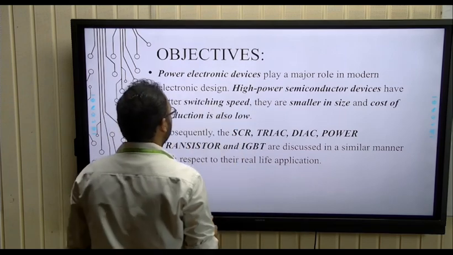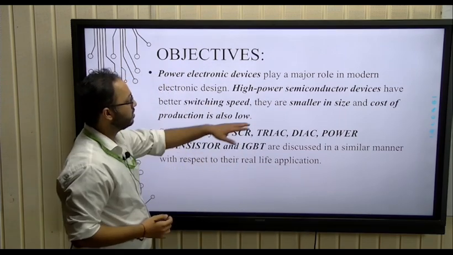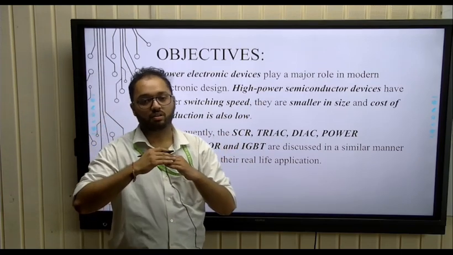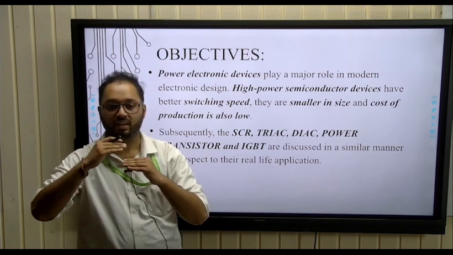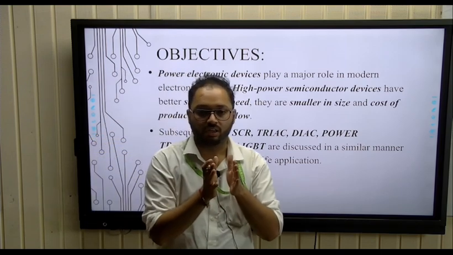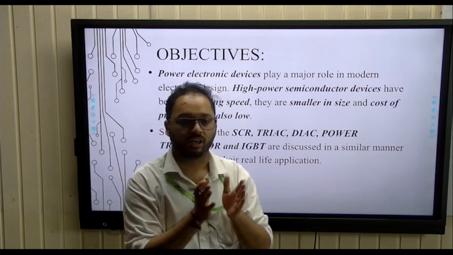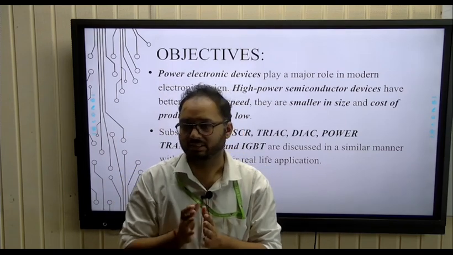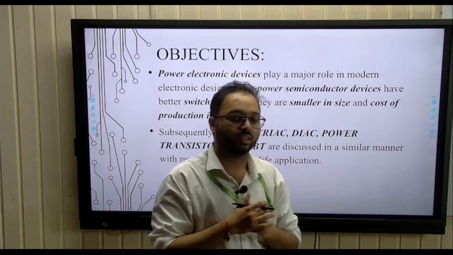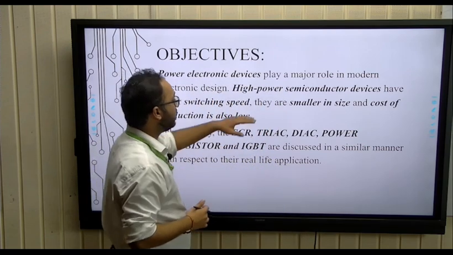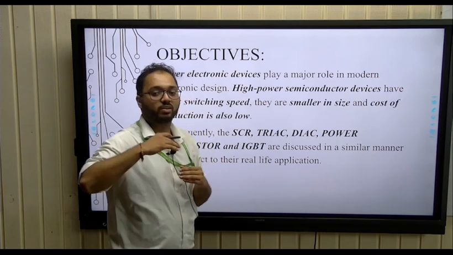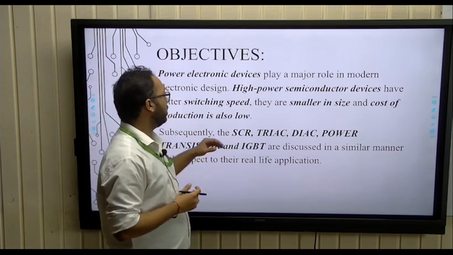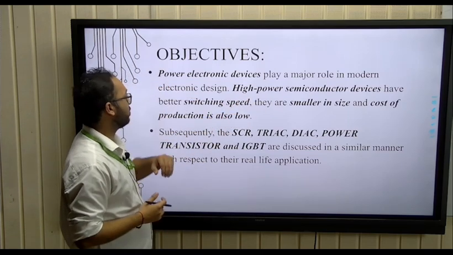Okay, first of all, let me tell you that power electronics are used in high power semiconductor. That is, when we are using a particular DC voltage or an electronic device in regular day-to-day life, we are using mostly 24 volt at the maximum. When we talk about high power semiconductors, then we talk about 220 volt, and that goes up to 11 kV, 75 kV and then beyond it. At that place we use power electronic devices.